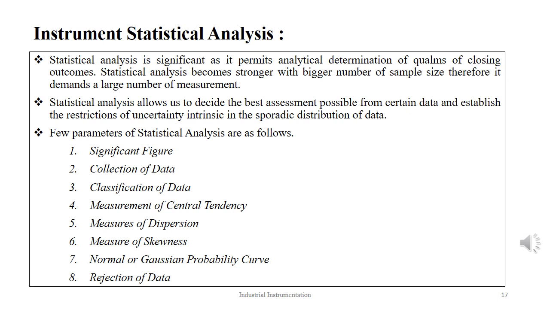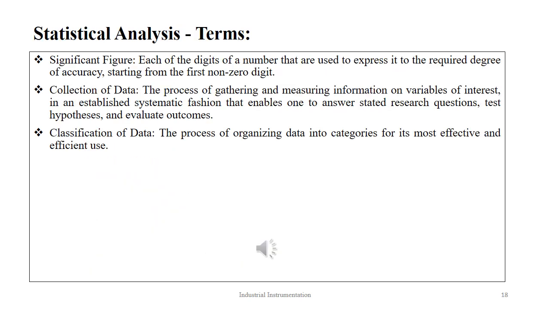The parameters of statistical analysis are as follows: significant figure, collection of data, classification of data, measurement of central tendency, measurement of dispersion, measurement of skewness, normal or Gaussian probability curve, and data rejection. Each of the digits of a number that are used to express a result to the required degree of accuracy, starting from the first non-zero digit,